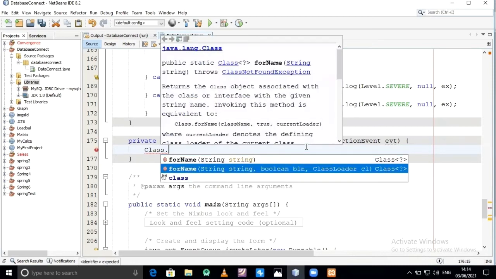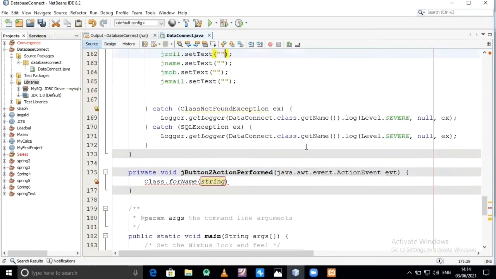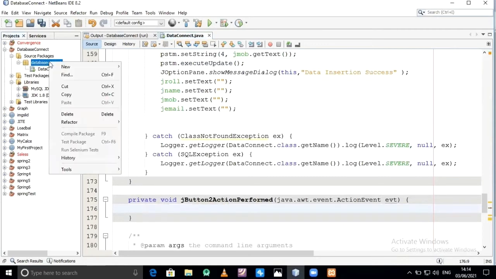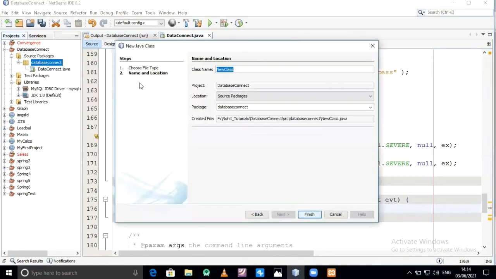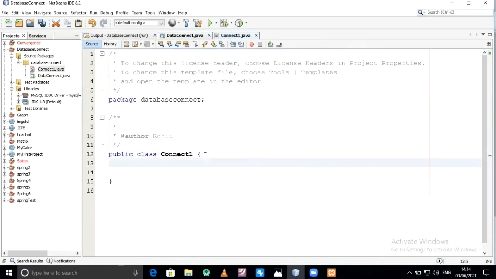So for that we require Class.forName. Multiple times I require this connection, so no need to write it multiple times. So I directly take a new Java class, name it connection, connect1 suppose, and finish. It will retrieve the connection object.